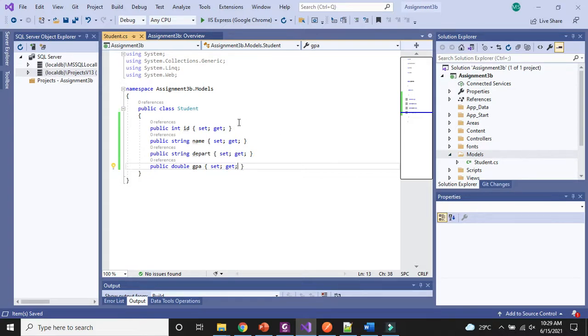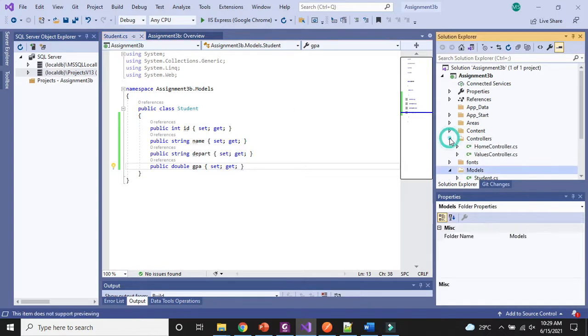The next step we are going to do is to make a controller class. This is our Controllers folder. Here you can see two controllers are already created. Some students edit the Values controller for their set, which is not fine. For each model you have to create your own controller. I already have Home controller and Values controller, but as I have made another model class, which is the Student class, here we need to make a controller for Student.